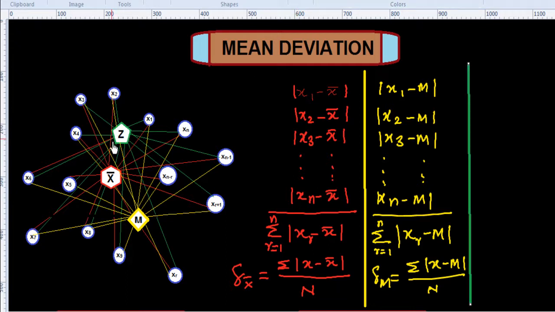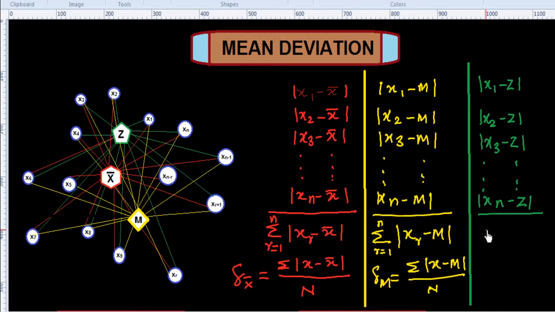Which is green, the deviation from mode. So we write x1 minus z, x2 minus z, x3 minus z, and so on up to xn minus z. Here you see, if you take the summation of all this, summation r equal to 1 up to n